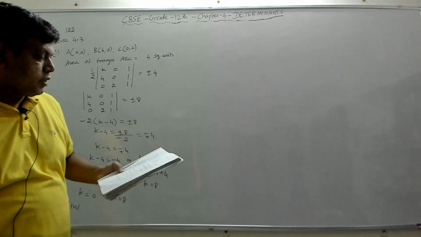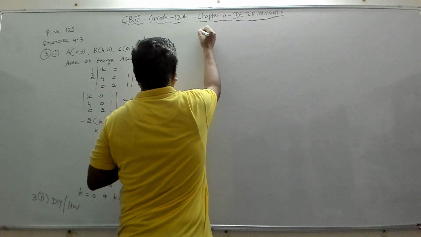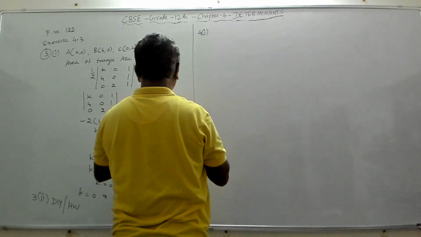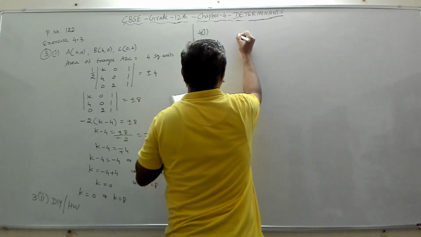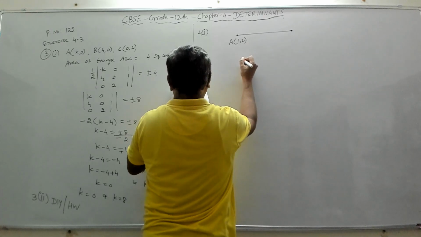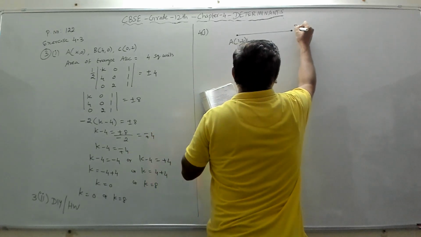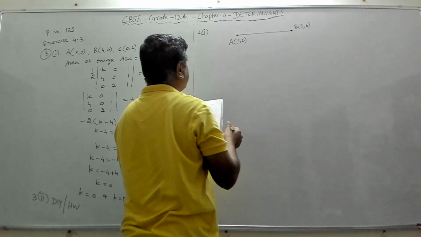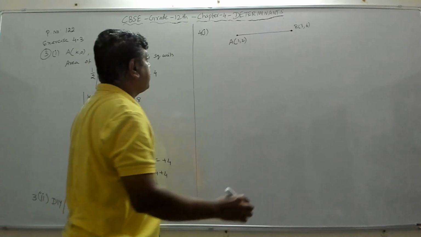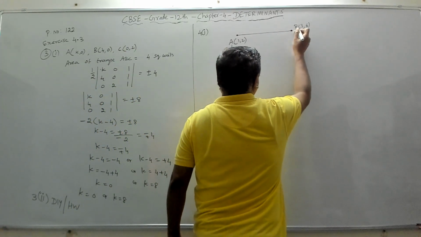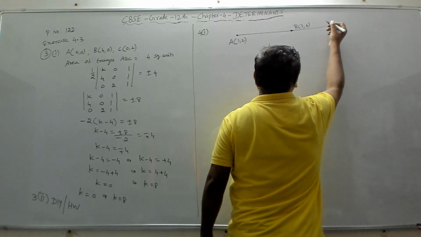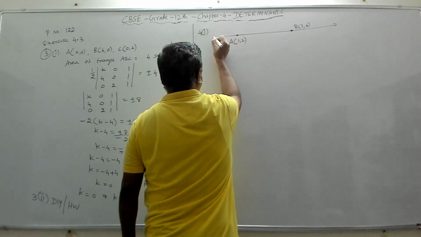Right. So what we have next is fourth one, first part. So it says find the equation of the line joining the points 1, 2. Suppose if this is one point and this is another point, this is A of 1, 2. The other one is B of 3, 6. Now we have to find the equation of the line using determinants. So we will take any point on the line. Suppose we can extend the line and take the point here also. We can even extend this line. See the line, a line is going, right? It's going like this. We have to find the equation of this line.